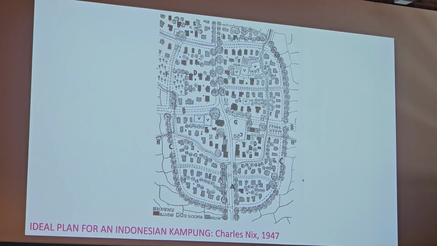For us, a very interesting image is actually from a PhD that was done in TU Delft, so he hasn't found the image, but we eventually got it, of a kind of kampung. So when the Dutch were occupying Indonesia, they were designing kampungs for settlements for local inhabitants. This one is a very interesting one, we thought, because even in this kind of kampungs, which are really usually housing the indigenous community as opposed to the leafy garden suburbs of the colonizers, it was also done with a deliberate system of